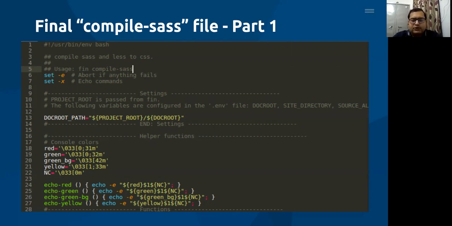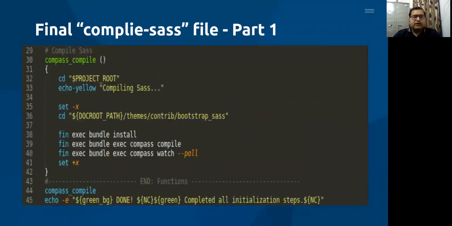Here we have another new thing, the helper function. In the helper function, we define colors. Now interesting, why do we use colors? Suppose we run a script and the script fails, and another time we run the script and the script succeeds. How to differentiate? So we add colors also. Red color is added if the script fails, green color if the script succeeds. So move to the next part of this file.